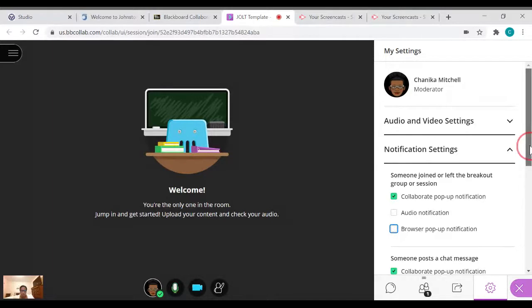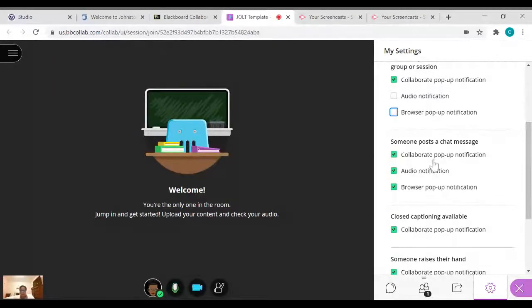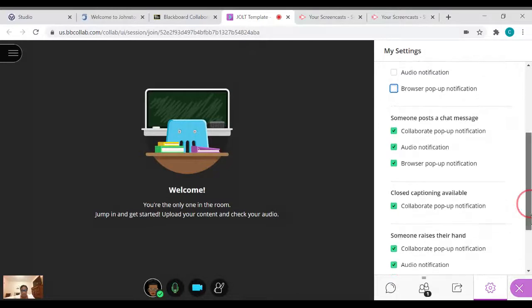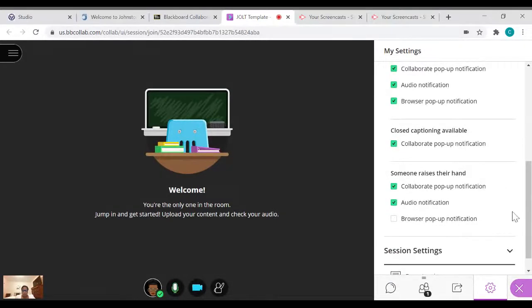I can also have a Collaborate pop-up notification when someone posts in the chat. I can get an audio notification and I can get a browser pop-up notification. Also, if there's closed captioning available, you've made someone the captioner and they're doing closed captioning for a student who needs that. When someone raises their hand,